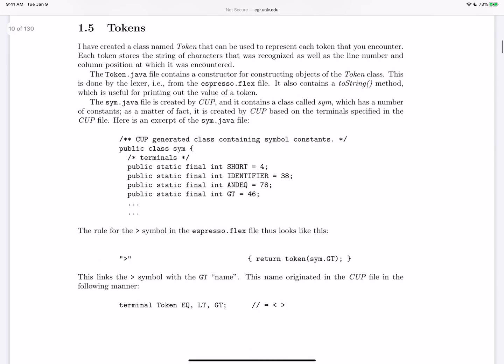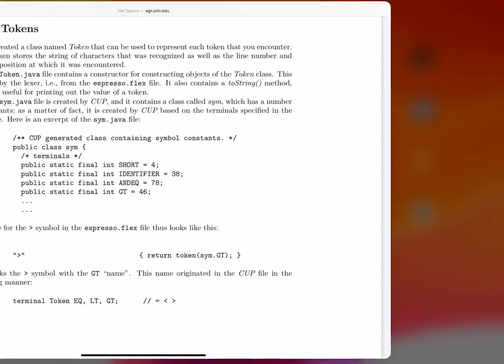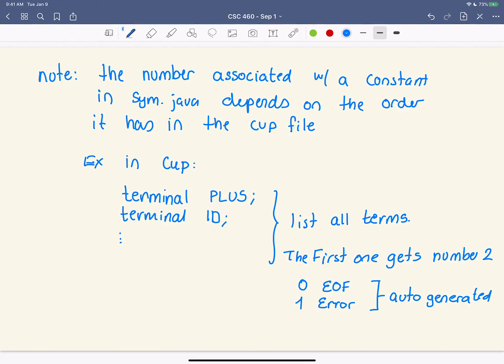Oh, and here we can see I do have to put in the keyword return. So that's another example. If I see a greater than, then I can return a new token that I get from calling this token function with the symbol GT. Now, how do I know it's going to be called GT? Well, I don't, because we could have spelled it out greater than, but it's going to be called whatever I put here, right?